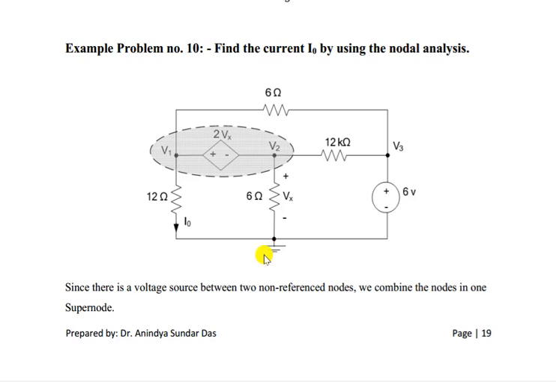Okay. If you do that, V3 value becomes 6 volt. What are the unknowns left? V1 and V2, right? If we find out V1 and V2, we can find out any other voltage drop across a resistor, current through a resistor, everything. Now this is a dependent source. Okay. So we have got this voltage source, whether it is dependent or independent, connected between two non-reference nodes. We have to consider this one as a whole, as a super node.